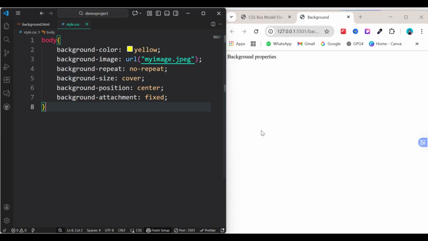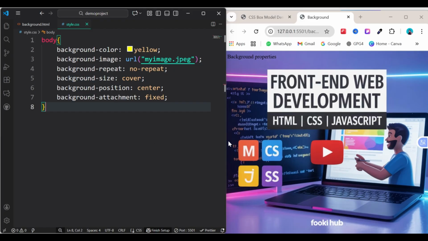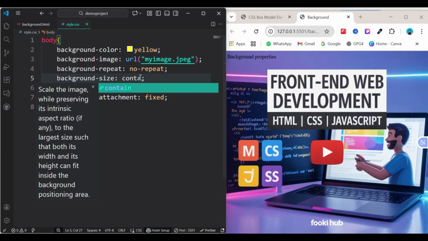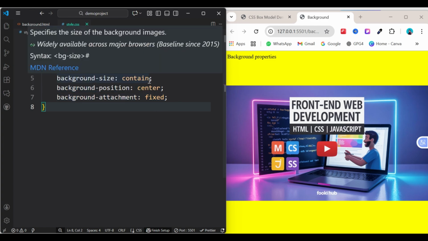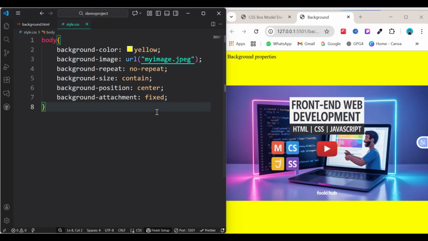So it does not cover the whole page. If we write cover, you can see it has covered the whole page and it is on center. Let's make it contain and just make it